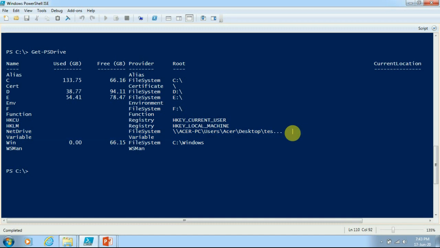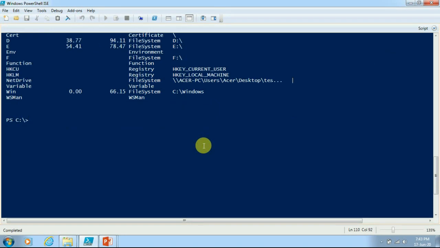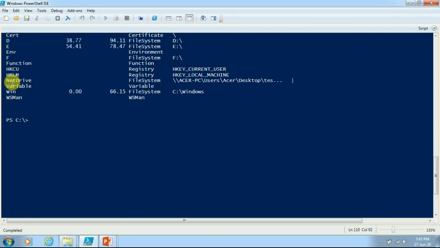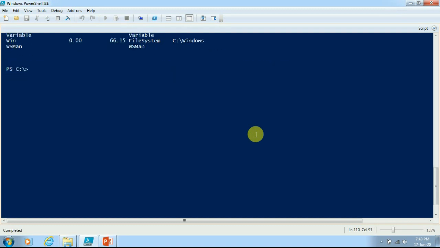This drive that we have created right now is again temporary. If you close this PowerShell session and reopen, you will not see these drives because it is only temporary and it is available only within the PowerShell session.